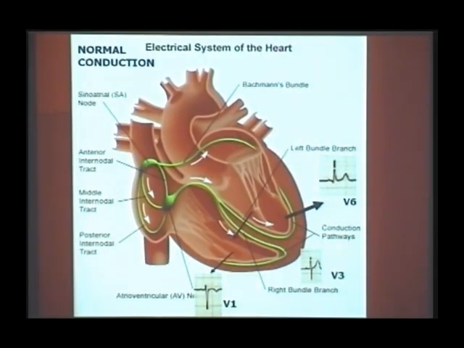In V2, V3, V4 there is a gradual increase in the R wave, because a predominantly negative QRS complex is becoming a predominantly positive one. V2 has a little R wave, V3 a bigger R wave, V4 a bigger R wave, and V5, V6 a totally positive R wave. So V2, V3, V4 is called the transition zone. V1 is predominantly negative, V5, V6 predominantly positive, and V2, V3, V4 is the transition zone. This is what the normal ECG looks like in chest leads.